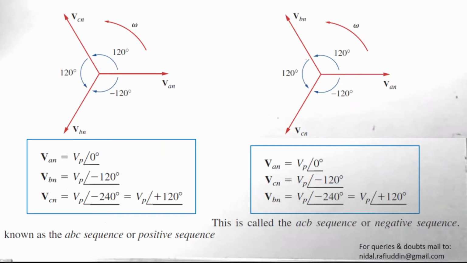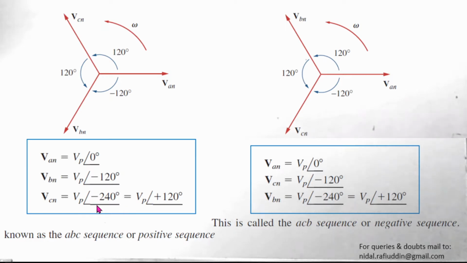Then we further talked about the phasor representation of the sinusoidal waveforms, which in case of a balanced system are displaced by 120 degrees. Then further we came up with the voltage values for each waveform, which were represented by the expressions Vp angle 0 for VAN. VBN corresponded to the voltage for phase B, which was displaced by an angle of minus 120 degrees but has the same magnitude as VAN. Likewise, VCN has the same magnitude but is displaced by an angle of minus 120 degrees from the reference 0,